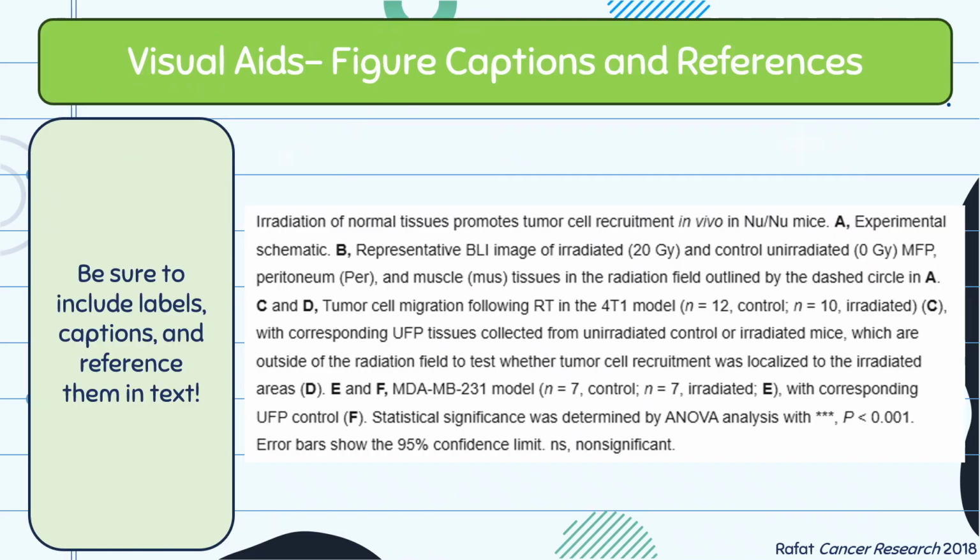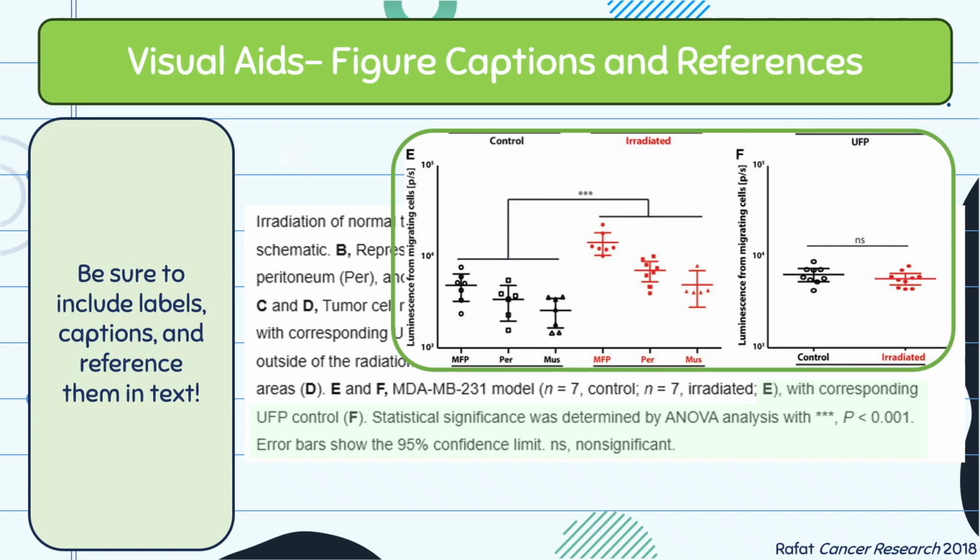The next thing you should know about your visual aids is you should be able to set up your figure captions and in-text references. So I want to draw your attention to the caption from the figure we just looked at. In the caption for these panels E and F, you can see where it's discussed that there is a control and where there is and isn't statistical significance, as well as what statistical test was performed, what the p-value these stars represent is, and what the error bars are, and also if something is non-significant, what that